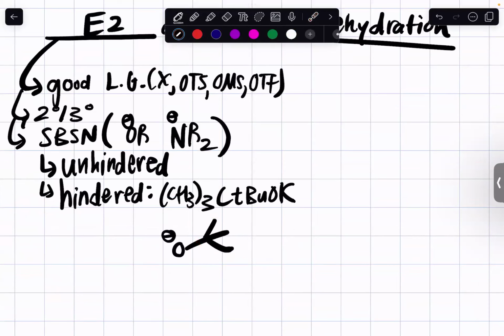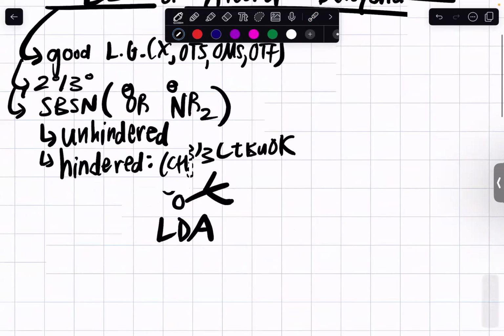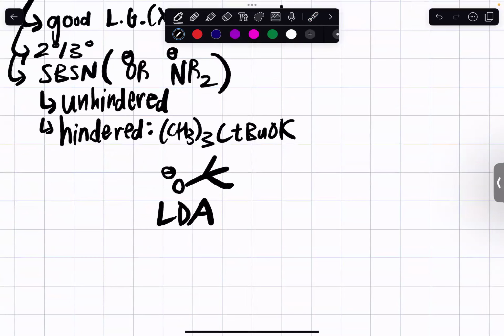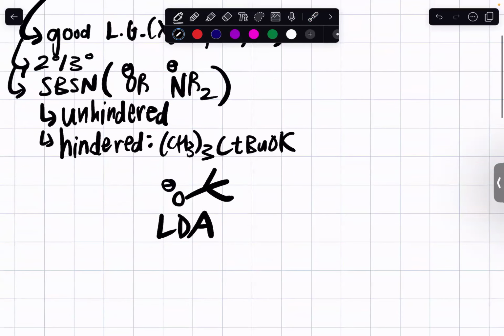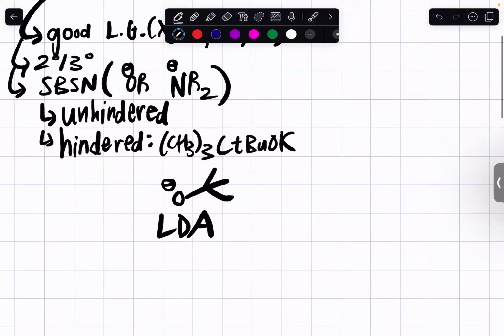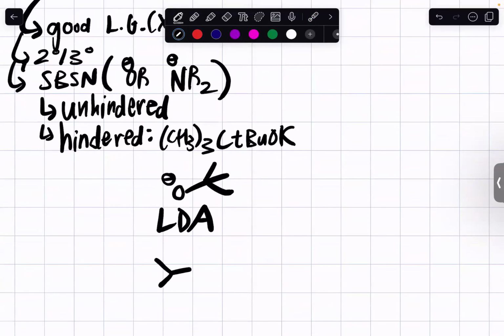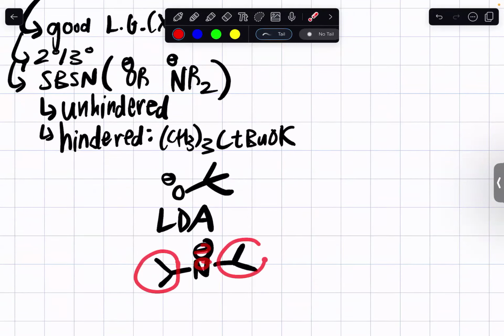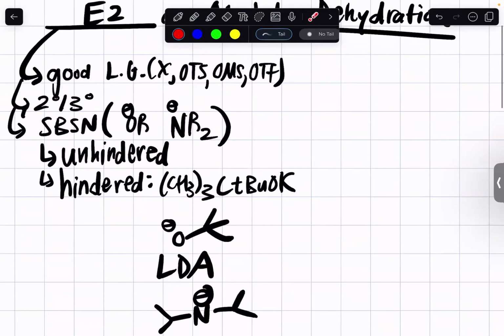Another thing that you could see is LDA, which is also bulky because we have a negative charge on this nitrogen, which shows that it's a strong base, strong nucleophile. But these two isopropyl groups here are bulky groups, which is why we consider them to be